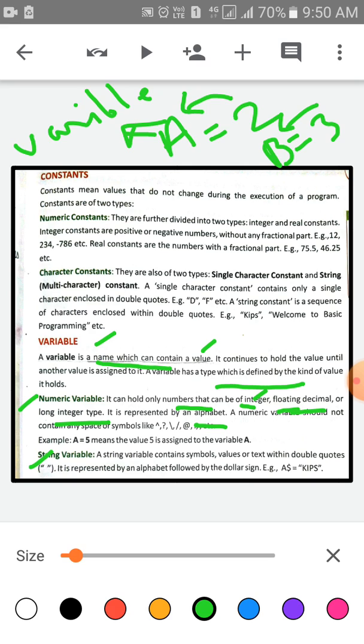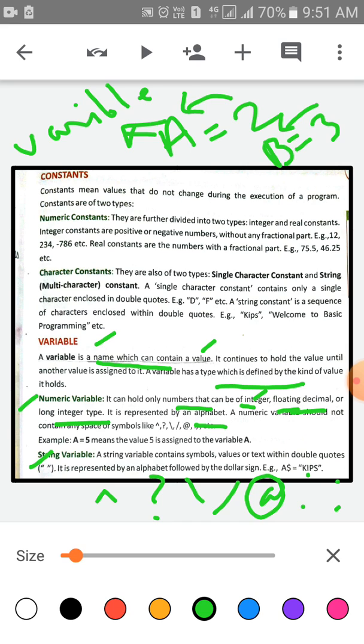The numeric variable should not contain any space or symbol. It should not contain any special symbols like question mark, characters, colon, etc.